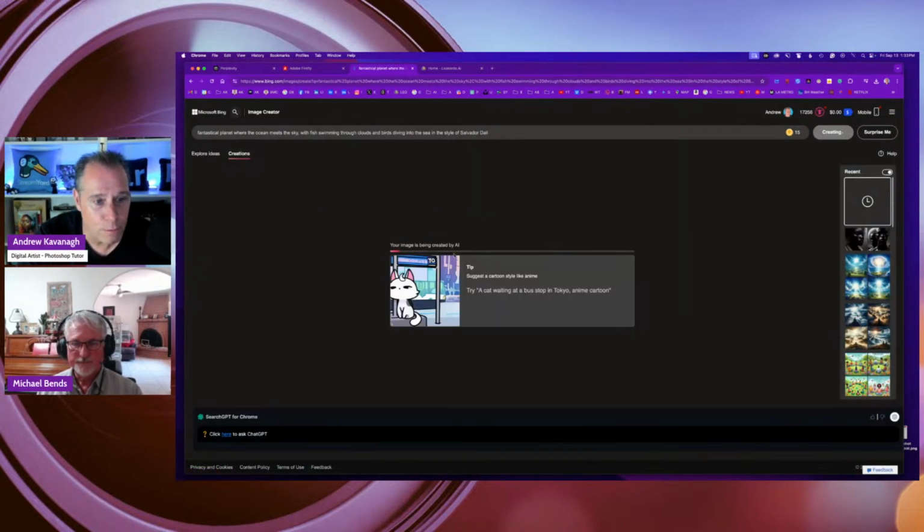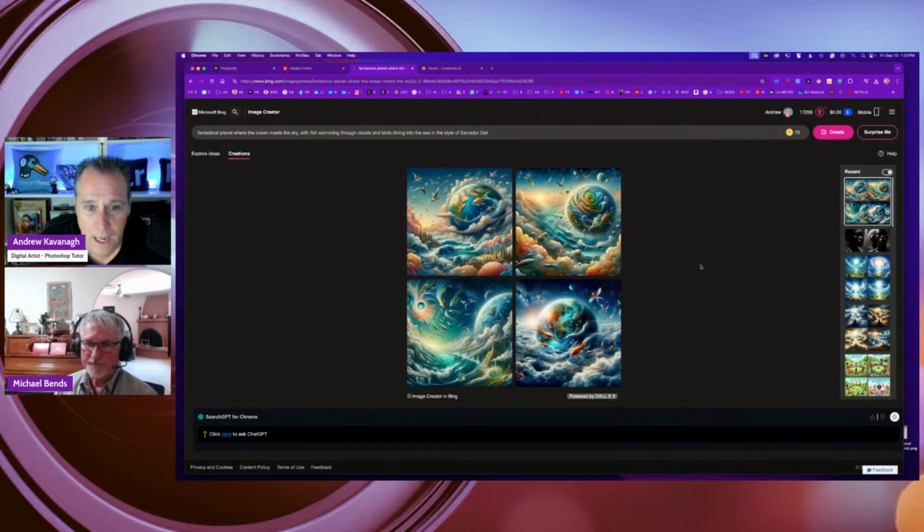And then it does this little progress bar, and it should create 3 or 4 images. But if anyone does use the subscription version of Dolly, please let me know how much that is per month and how many credits you get. But with this free version, you get 15 per day. And I don't use it that often, so I think 15 is fine.